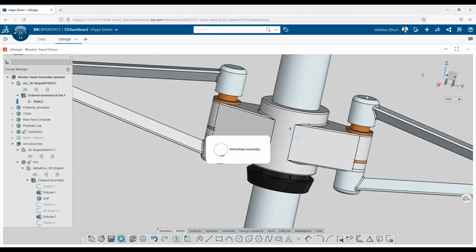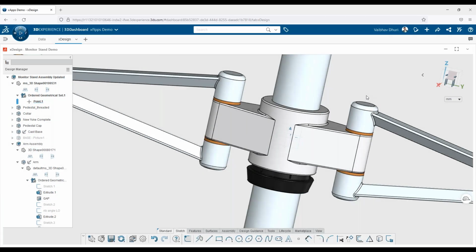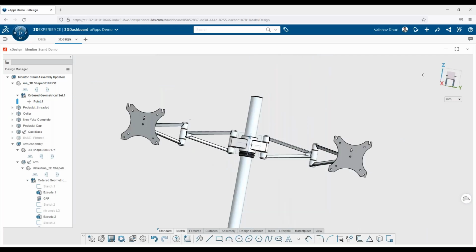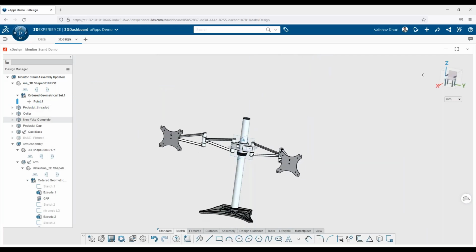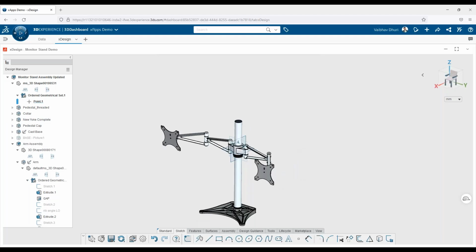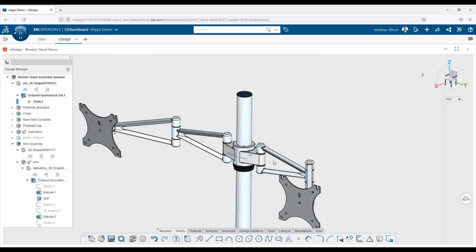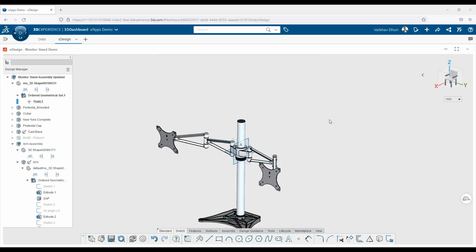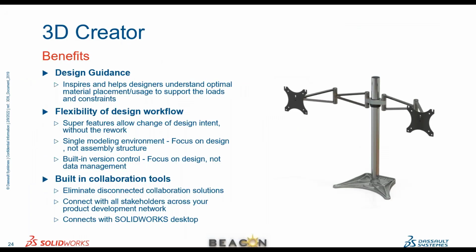So what you have seen here is that the 3D Experience platform contains this particular tool called 3D Creator. It's a very easy to use tool and is capable of doing all the capabilities that we have done on the desktop products. And even though I had some network fluctuations, I just had to refresh my internet connection. Whenever I have any issue, because the data is completely backed up on cloud, I did not have any losses. So this is the power of the 3D Experience platform. So let me take you back here. So what we have seen here is